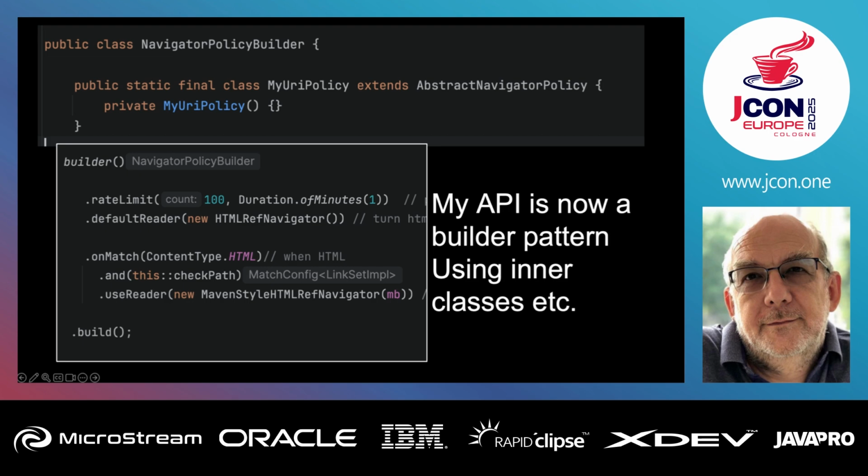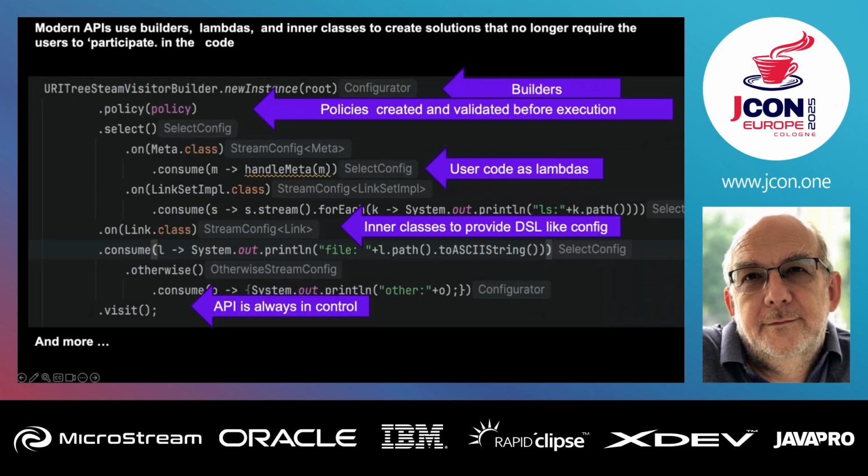And by creating this so that you've got policies, okay, so I've got some really complicated ones coming up, but look, here's a stream visitor builder. I get a configurator, which is my builder in this case, and I give it a policy. The policy is another object that has gone through this, which has got some settings. Then I've got other things like select. So it looks like a DSL, but it's all just inner classes and a fluent approach, right? And as you can see, it's readable.